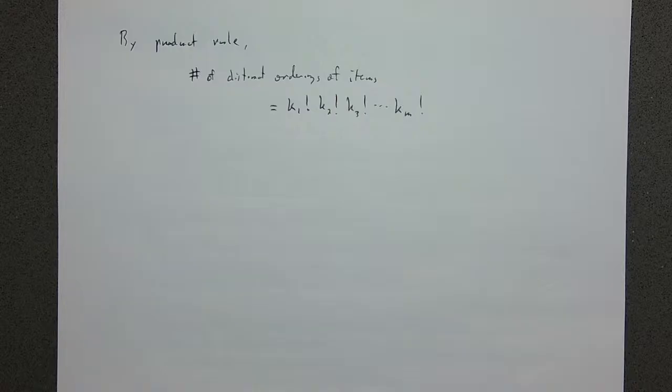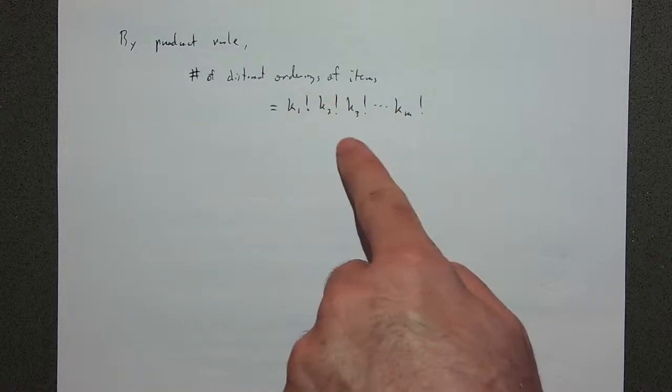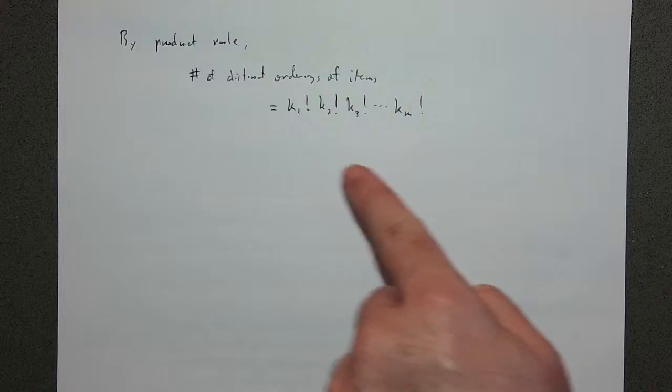Again, I can use the product rule because this is independent at each step. And so the number of distinct orderings of items is this, and this occurs among the n factorial total ways